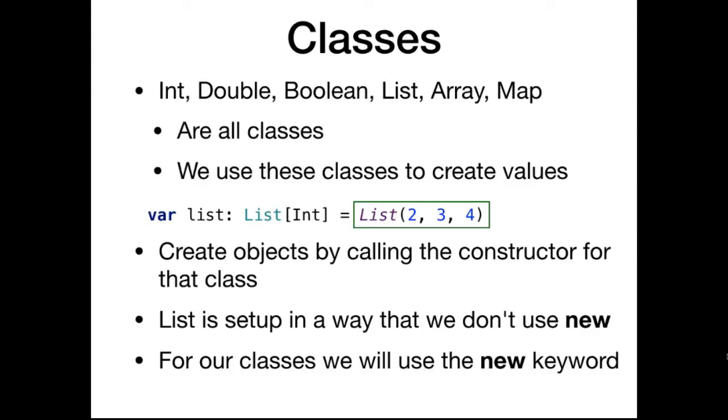Just a quick note, because we did use classes. We've created instances of these classes. But you might say, wait, how come we never used this keyword new before? We've created new instances of the list class, objects of type list. Why didn't we ever use the new operator before? How come we just said list of whatever? The way these types are set up, we don't need the new keyword,